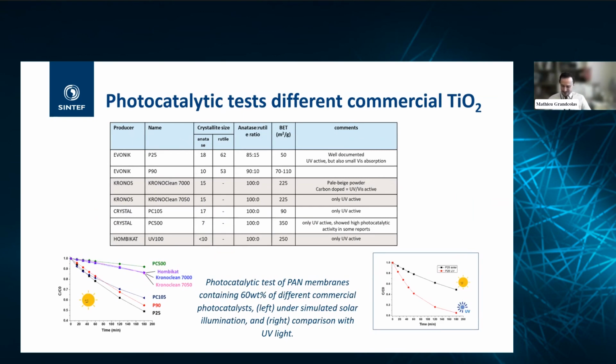So it's a difficult question to answer, but theoretically, anatase is much more efficient under UV light. Okay. Yep. And also, based on what you showed, the main photocatalytic process takes place on the surface of the membrane, surely partially. Some in some pores of nanoparticles, but anyway, you have to activate these nanoparticles and photocatalytic process on the surface